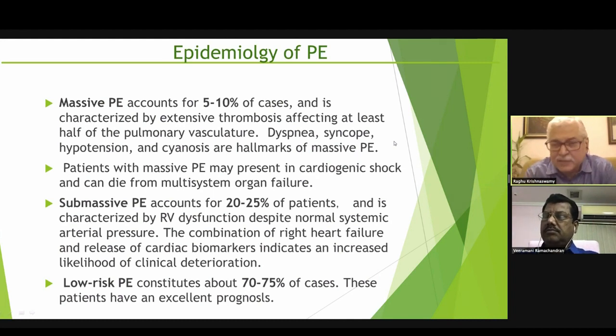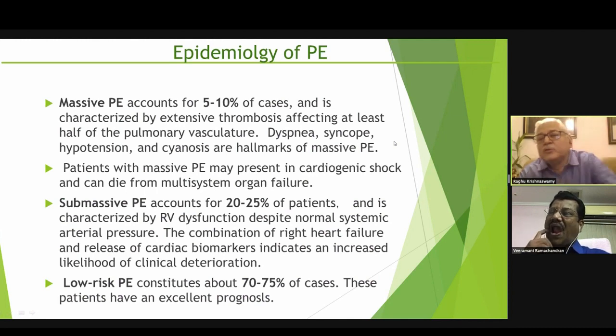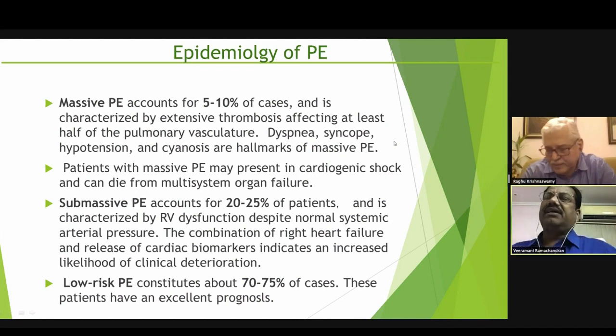In this case, since it was shown only in the left pulmonary artery, you put a catheter, you give 20 milligrams of TPA over 2 hours, and then continue with heparin, and they tend to do fairly well. The chances of intracranial hemorrhage is much less when you do a catheter-directed thrombolysis. In this type of cases, there are chances of hemorrhage is more. So catheter-directed thrombolysis will be a better option in this case.